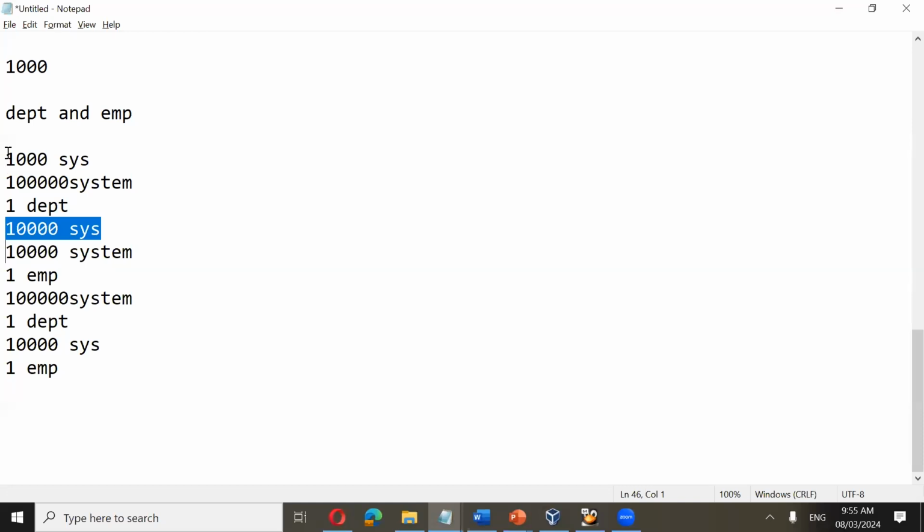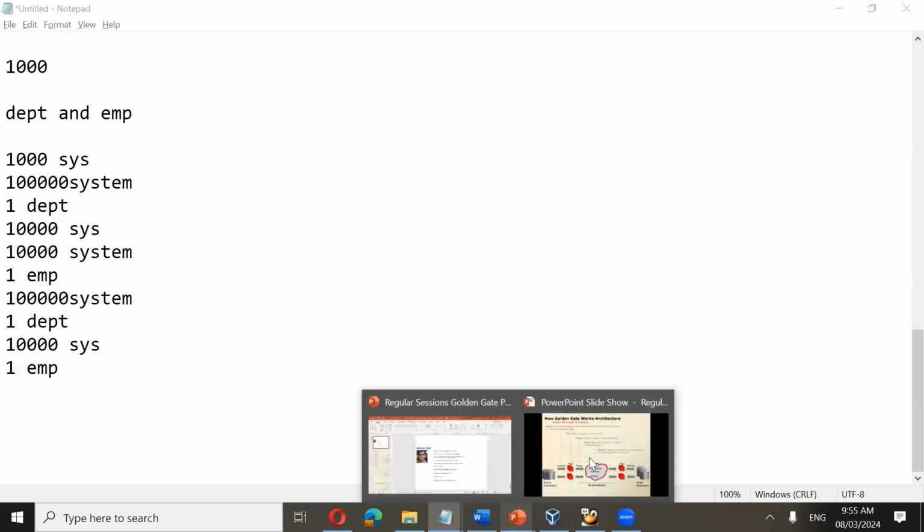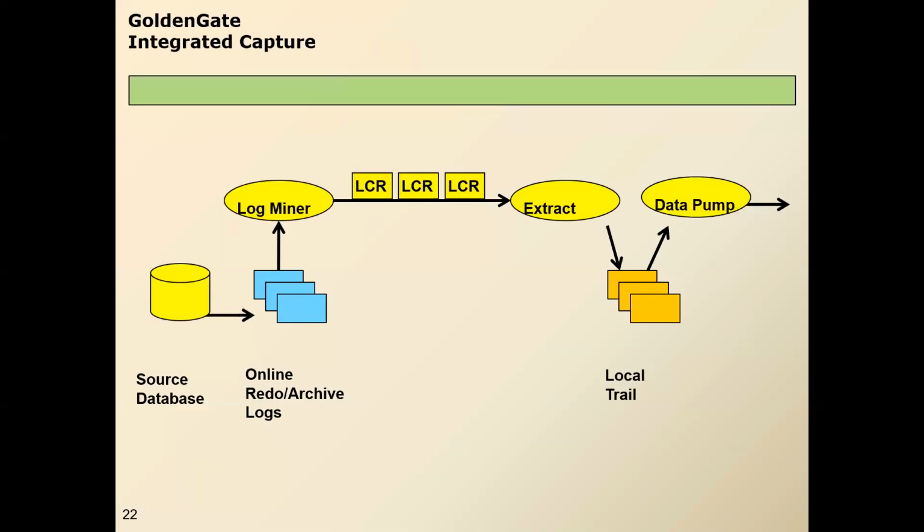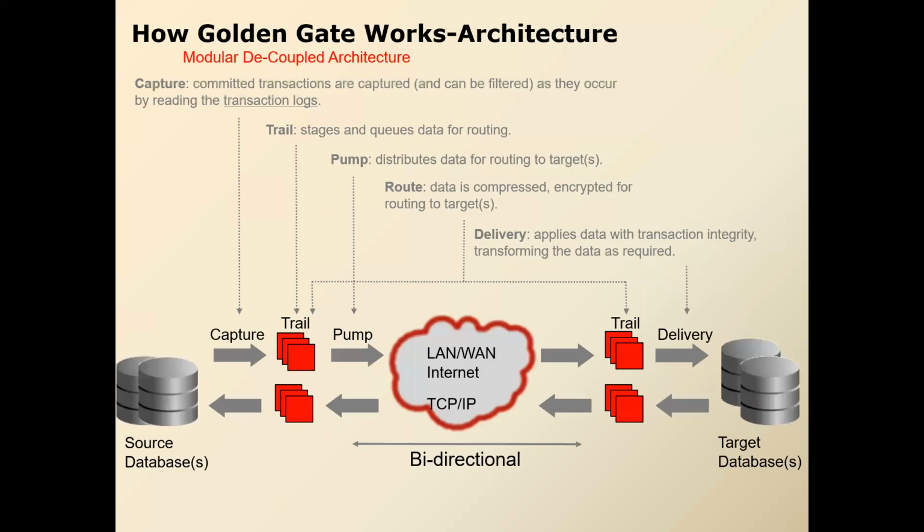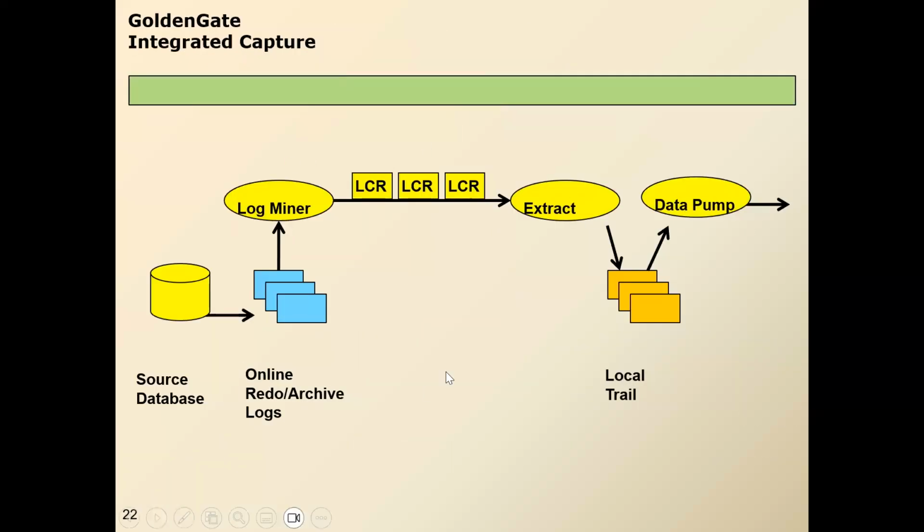Again, after that, it will have to read these system transactions even though it won't capture them, because it reads the transaction logs in a sequential manner, and in between it can find the transactions, right? Then again, it captures this transaction and this will go on. So this will take time because classic extract is external to the database. Hence, this takes time, right? However, in integrated extract, the same task that is being done by the external extract process is done by the log miner.